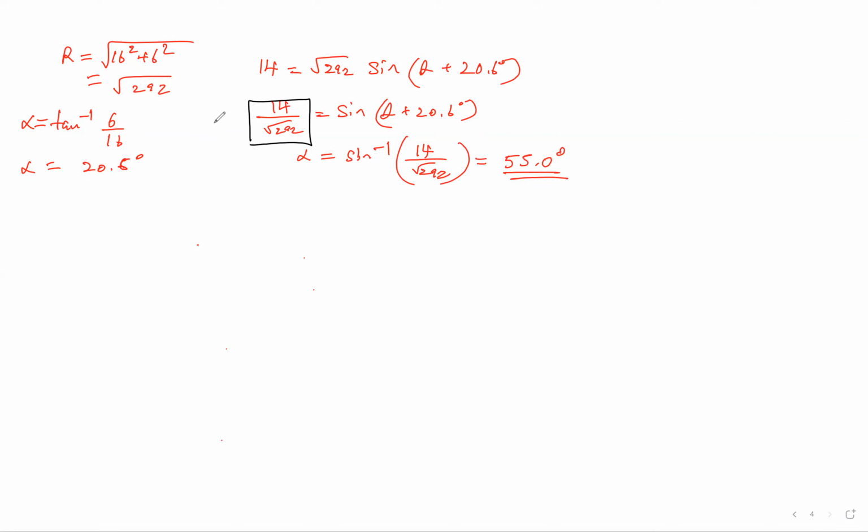Since this is positive, it must be in first quadrant or second quadrant. So theta plus 20.6 is equal to 55 or